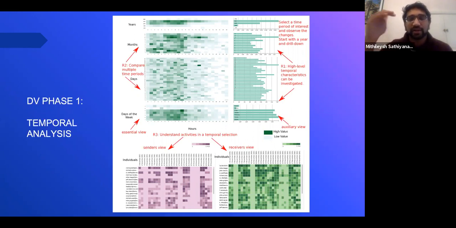So it starts with a year, followed by a month, then the days, and then the minutes and the time, and it could be weekdays or weekend. So that's how you completely granularize it. Whenever you are interested in a particular month, the healthcare professional can click on that month and again observe the patterns. So this is completely on the temporal feature. Once we were confident that these things are quite good, we tried to move into phase 2.